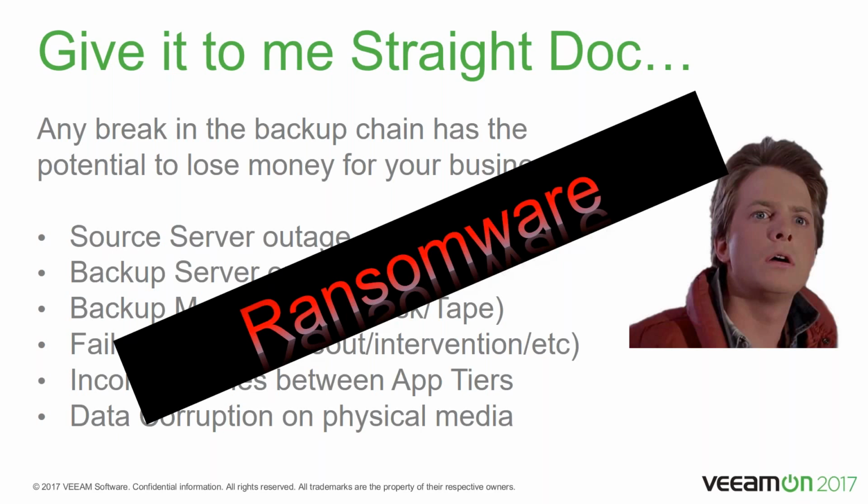Then everyone's favorite, ransomware. I've seen several clients personally affected by this. I know Mike has as well. It's out there. People opening emails they shouldn't. All kinds of bad things going on, and they're going after backups as well. And being prepared for that and having a contingency case in case you get ransomware throughout your environment is really